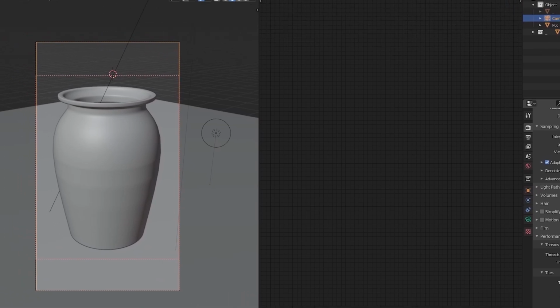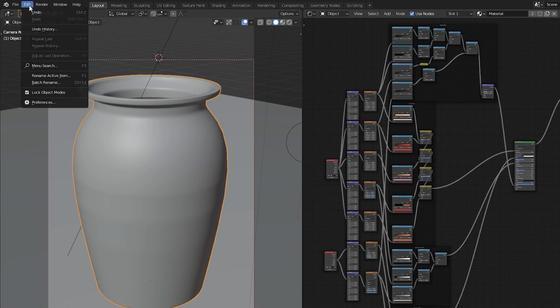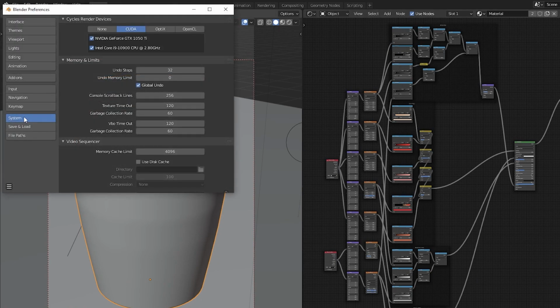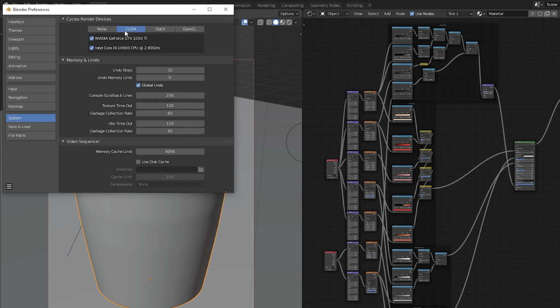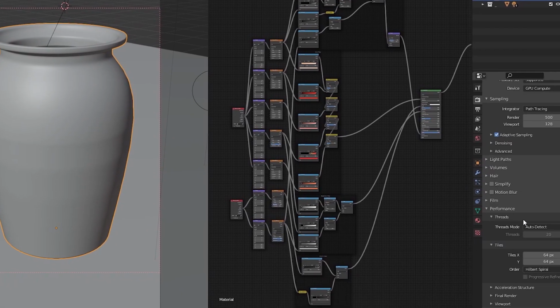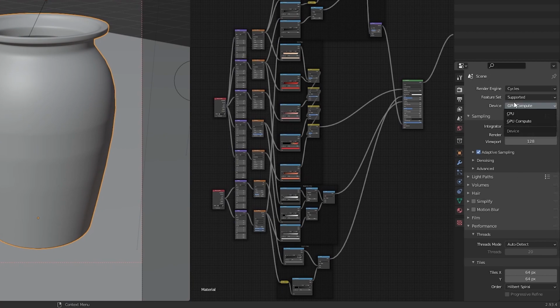You can enable the GPU setting for the cycles rendering through Blender Preferences. If both your GPU and CPU support cycles rendering, CUDA device selection will show both your devices as options. By enabling those two options you can render using both GPU and CPU devices. After setting that, now you can select GPU compute for render device here and start rendering.